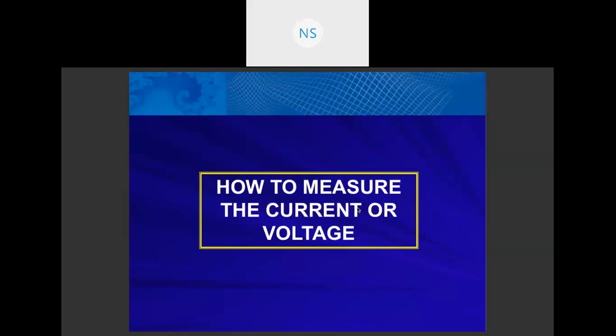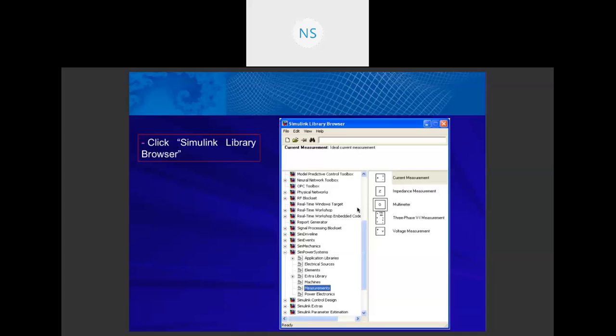So now, how to measure the voltage or current? To measure voltage and current, we have to use voltage and current measurement. So how to find it?